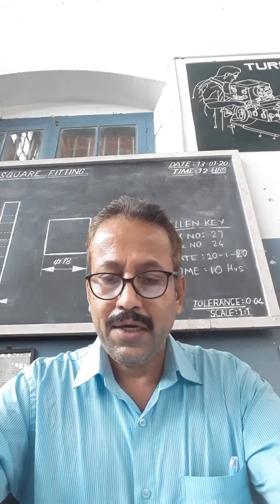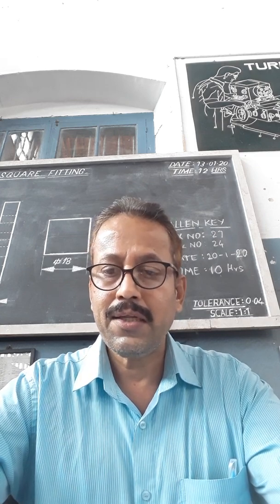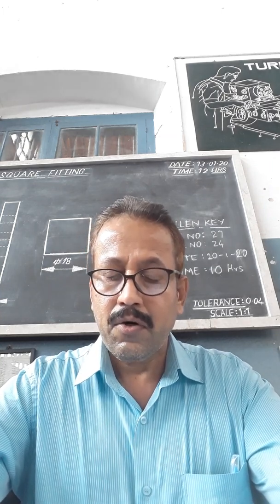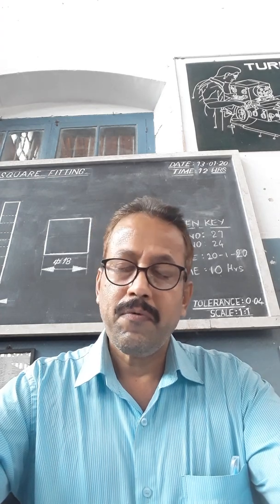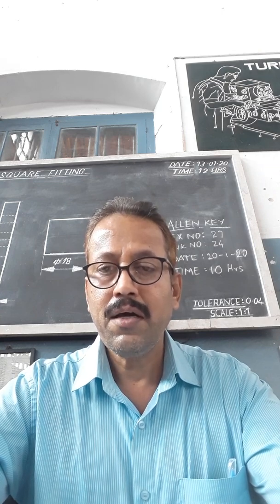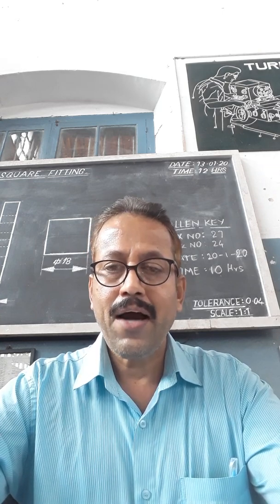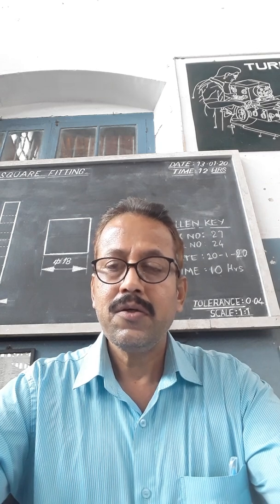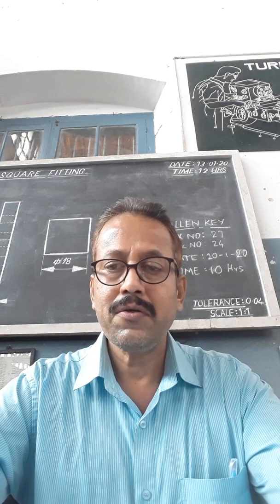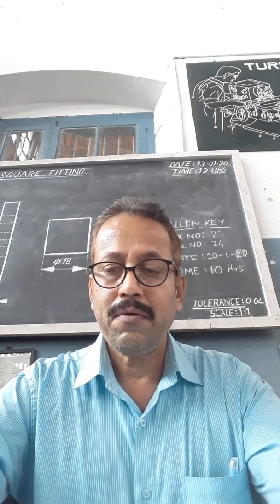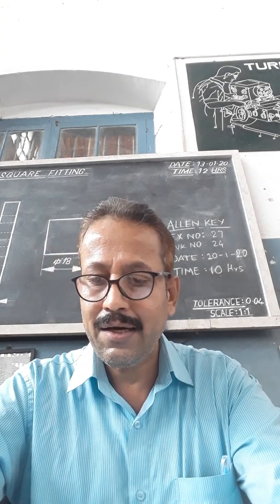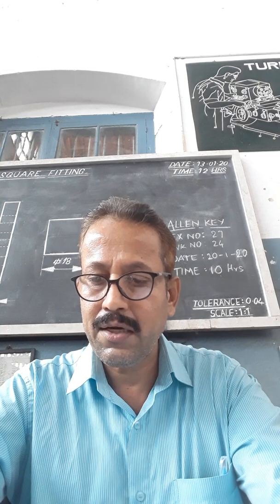For that, a special fixture or special accessory is there. In that, two special jaws are there. With this only it is possible. With these jaws, we can measure both internal dimension and external dimension, because the jaws are made in such a way. One face of the jaws is made flat, and the back side of the jaws is made with a radius. This radius part can be used for internal hole measurement, and the flat portion of the jaws can be used for outside measurement. The pair of special jaws will have a flat surface at one end and a curved surface at the other end to facilitate external and internal measurement.